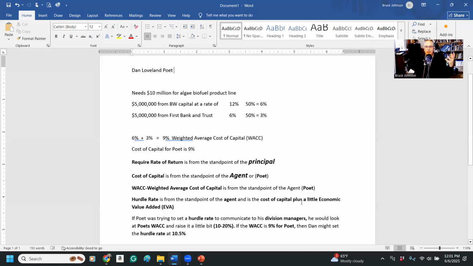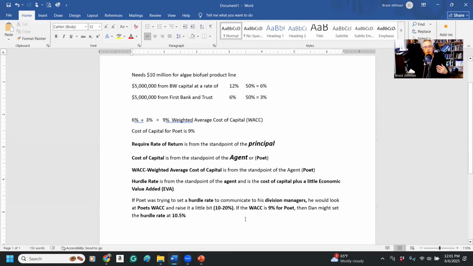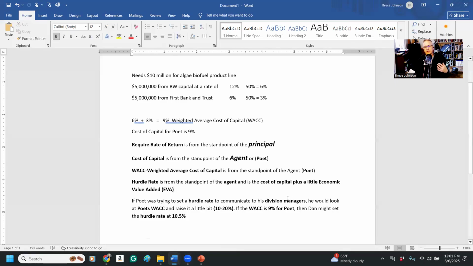So the hurdle rate, Dan will plug in that cushion. He may also put a little more in there for economic value added, because they want to make sure that they're getting paid, which is what we talked about to begin with. Now I know that sounds like a lot, guys, and I know it's challenging to understand all this terminology. And I know when you took finance, a lot of it felt like number crunching and sometimes this stuff gets lost. But if you're going to get a business degree, you better understand this information, because that's what people that have business degrees should understand and know.